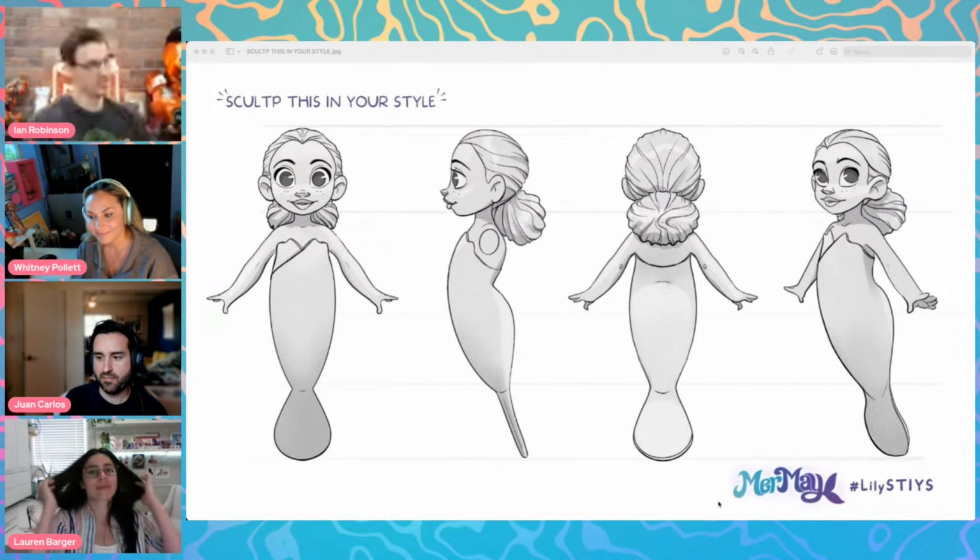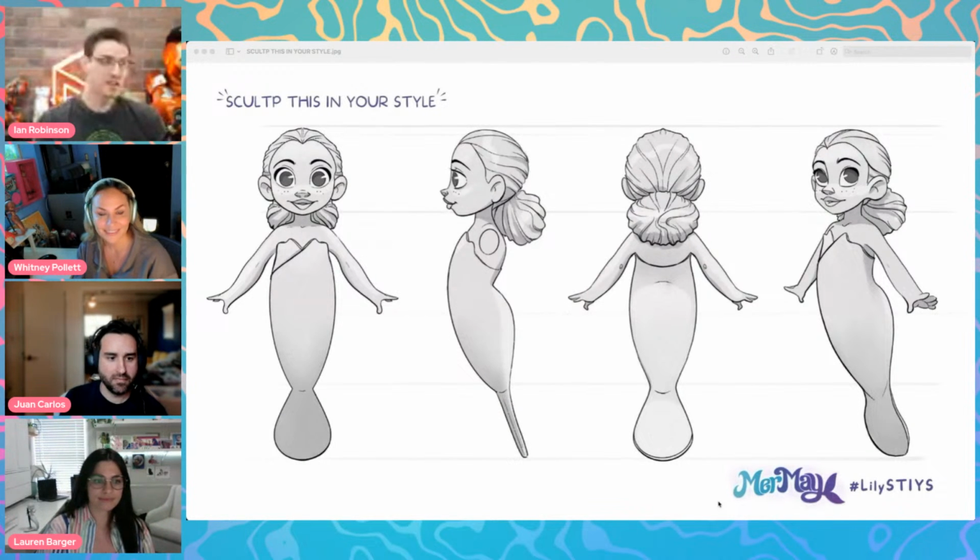Nice. And as I know, we're going to be going through the whole process, or at least parts of the process today. Starting here, we obviously have a 2D sketch. Can you talk about the process of creating a sketch like that, especially if you know it's going to be sculpted later? Yes. So this is quite different, because mostly when I create the explorations of a character for a